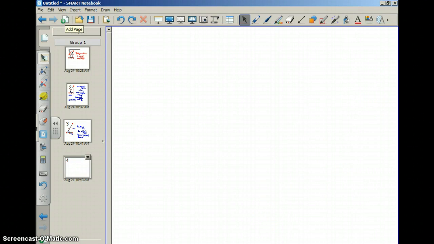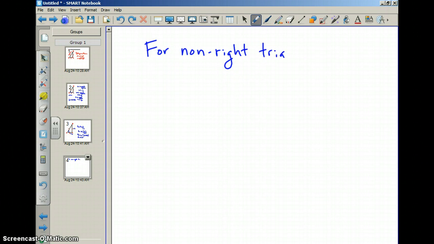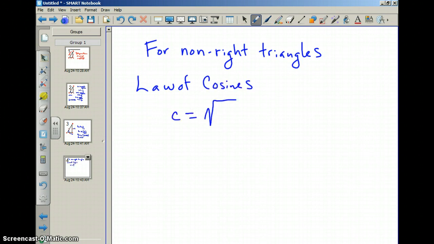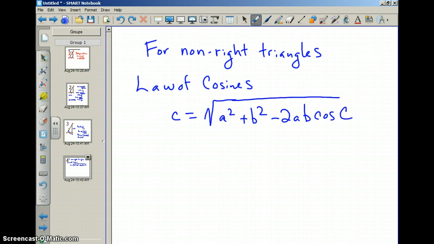Lastly, if you're dealing with a non-right triangle, in that case, we must use the law of cosines and the law of sines. The law of cosines says that side c is equal to the square root of a squared plus b squared minus 2 times a times b times the cosine of angle C. And our law of sines